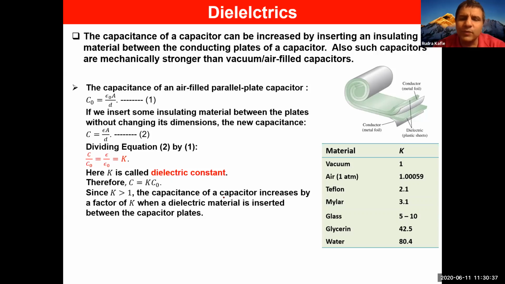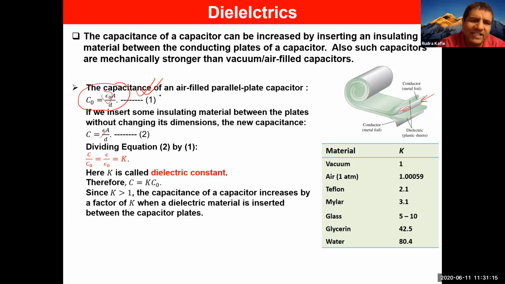So one thing we can do is we can increase the capacitance of a capacitor by inserting a material called dielectric. Okay, so the material which is insulating material, right, sandwiched between the conducting plates, right? So if you consider that there is air or vacuum, that is the capacitance of a parallel plate capacitor. We derived that in one of the previous slides, right? But once you insert the dielectric material, you need to replace epsilon naught with epsilon, which is permittivity of the material.